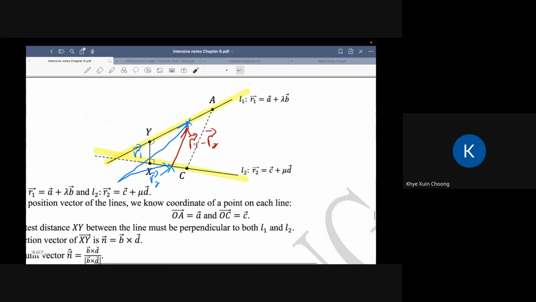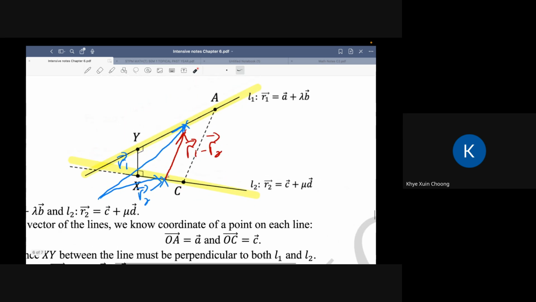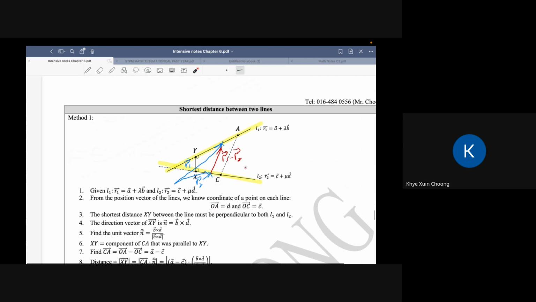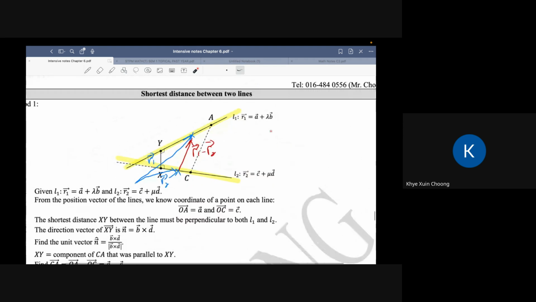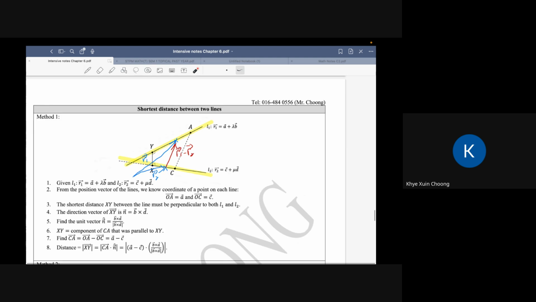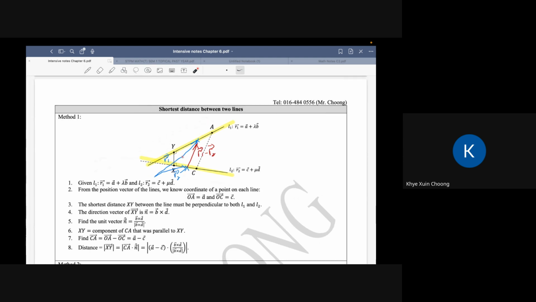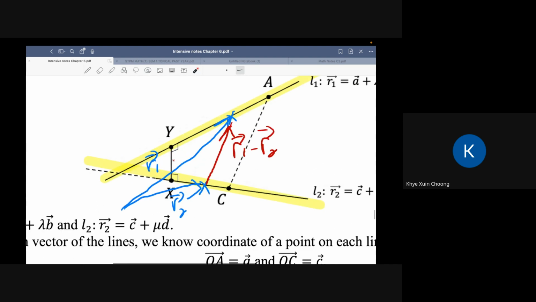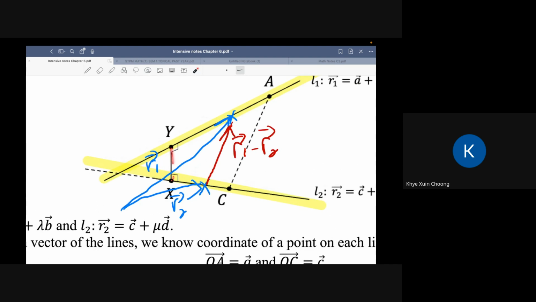So R1 minus R2 is the vector connecting R2 to R1, between any two points, because you don't know the actual lambda and mu. Here we use lambda and mu, so you are not sure which point. The R1 minus R2 that we want is the one such that when these two points connect